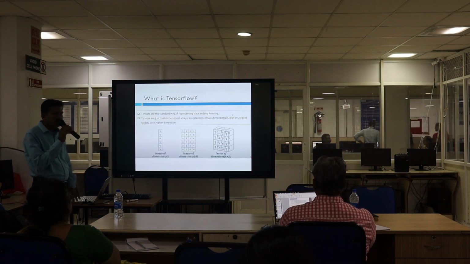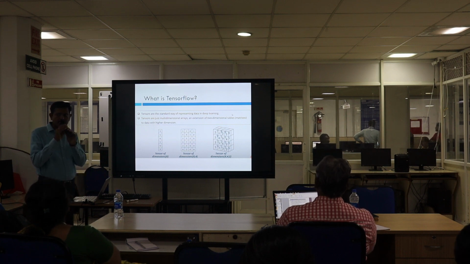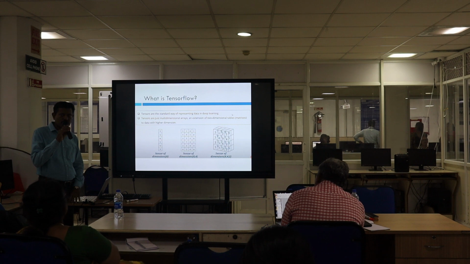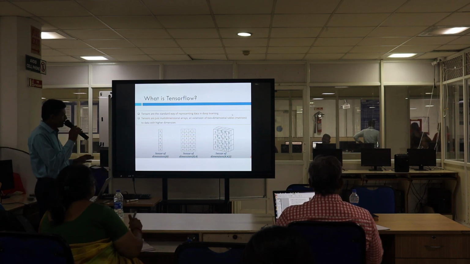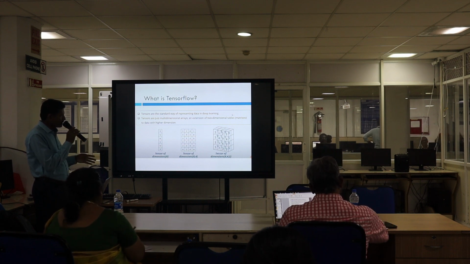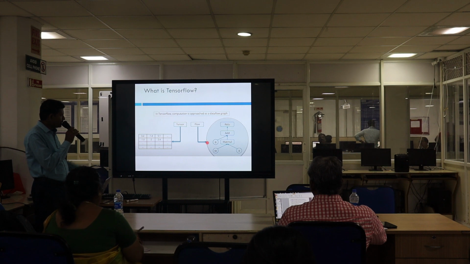Now coming to TensorFlow. So far we learned machine learning, artificial intelligence, and deep learning. Now we'll study TensorFlow. What is a tensor, and what is flow? Tensors are nothing but matrices, either one-dimensional, two-dimensional or multi-dimensional. Flow is nothing but the computational graph. So tensors are matrices and flow is the computational graph.